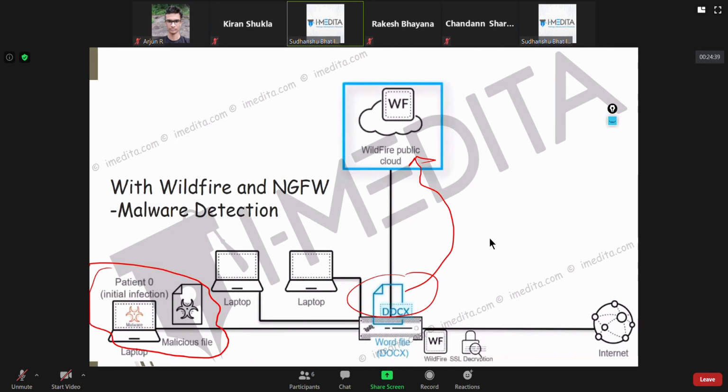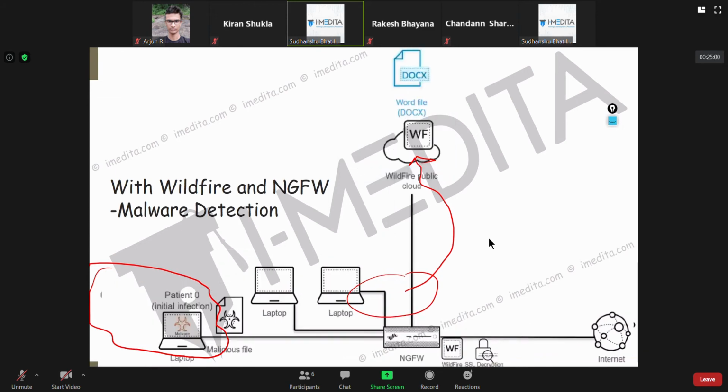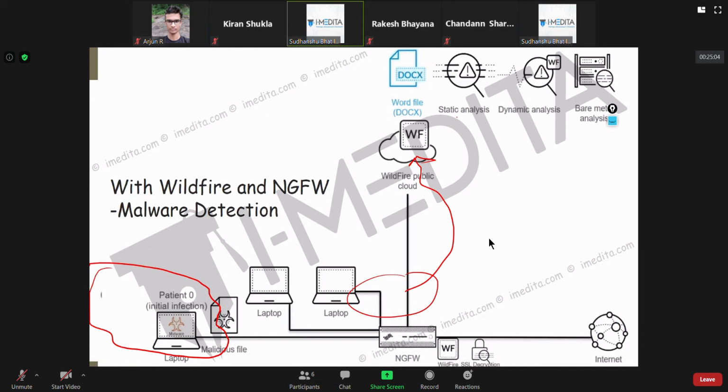What you can do is, like I told you, there is a community approach to this. Suppose there is a 0-day attack and one of the machines gets infected, we'll submit it to the WildFire public cloud. There in the public cloud, they'll do static analysis, dynamic analysis, bare metal analysis, like I introduced to you.